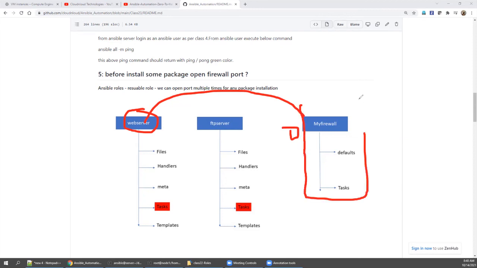But you need to make sure you simulate. If I want to open one service, then what do I need to do? With some dummy service, you create it as it is. Then only when you call this role and replace, automatically the same thing will happen. The reason I'm saying is if you go with Samba, right, then there are two services you need to allow, SMB and NMB, right? So the service name and the firewall service name can differ, for which you need some Linux administration knowledge.